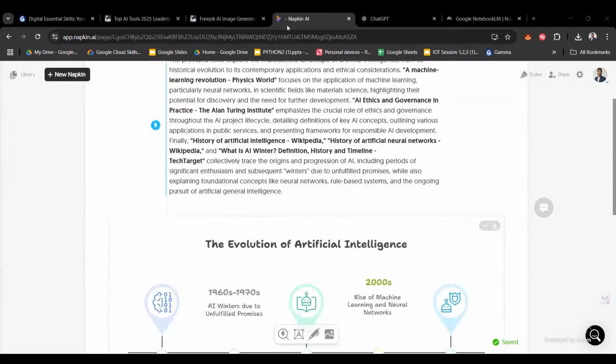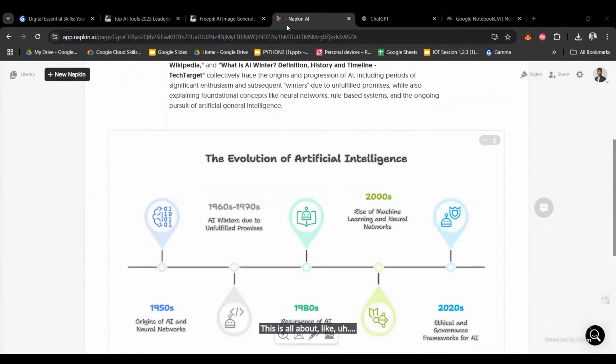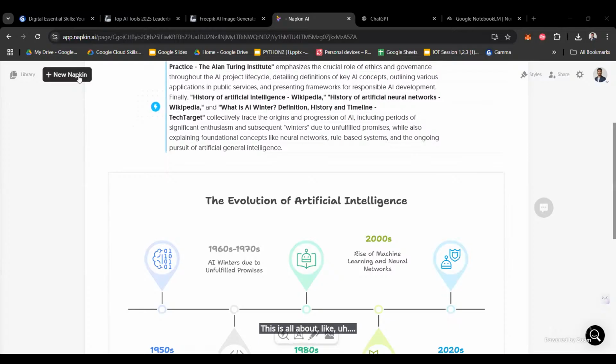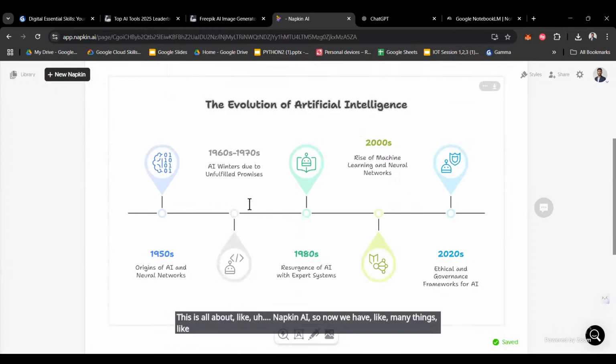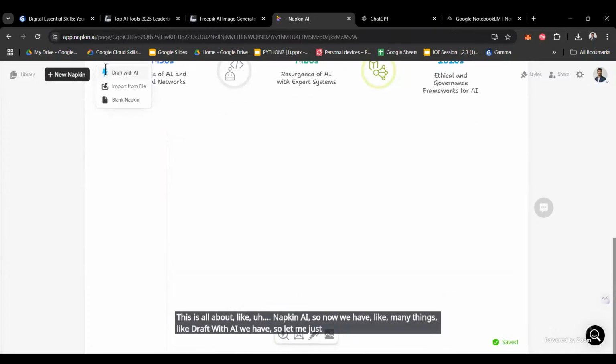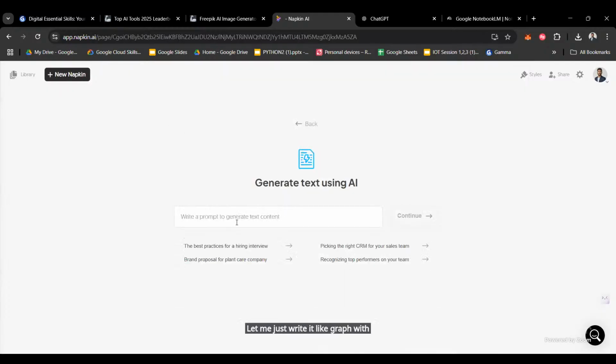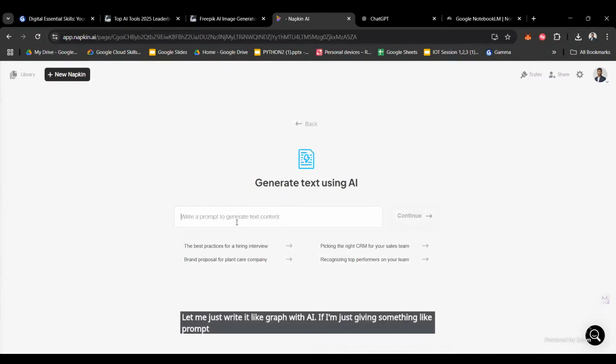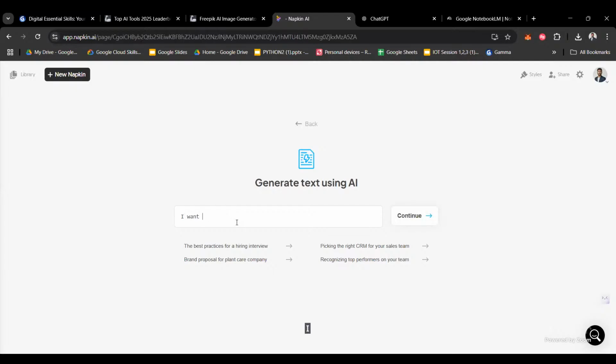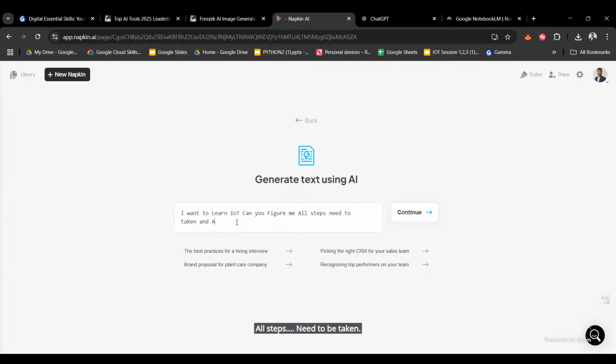This is all about Napkin AI. Now we have many things, like Draft with AI. Let me just click it down. Let me write it, Draft with AI. If I'm giving a prompt, I want to learn IoT. Can you figure me all the steps that need to be taken, and also